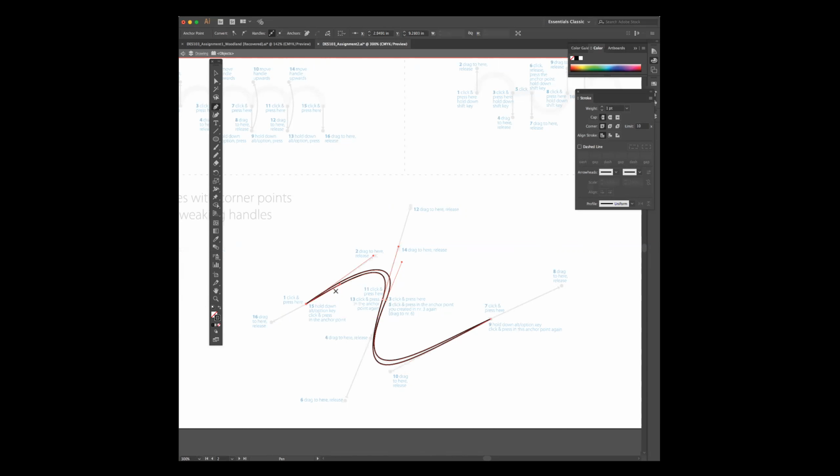Okay, and now if I gave it a fill, you would see that it makes that nice shape. But just keep it stroked. Don't give it a fill. So you can see that depending on how much time you spend on it, you'll get as accurate as possible. That's the shape it's supposed to make. It's a little tricky, but